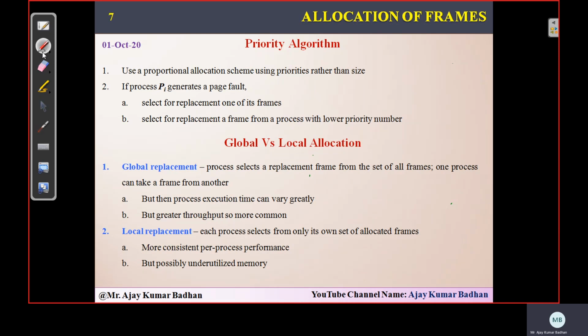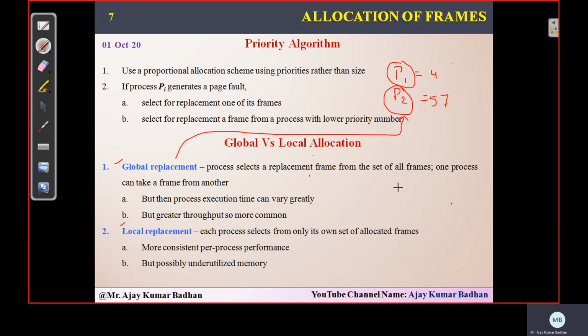Now, apart from that, based upon the page replacement techniques we are using, we have allocation strategies here. So we have two different types of allocation strategies: global versus local. What do we mean by global replacement and what do we mean by local replacement? Let's see, it's very simple. Global replacement is nothing but, let us take the previous example. Process P1 is allocated 4 frames, and process P2 57 frames. Now, if you apply a global replacement algorithm to these processes, it means that process P1 can try to access the frames of process P2.